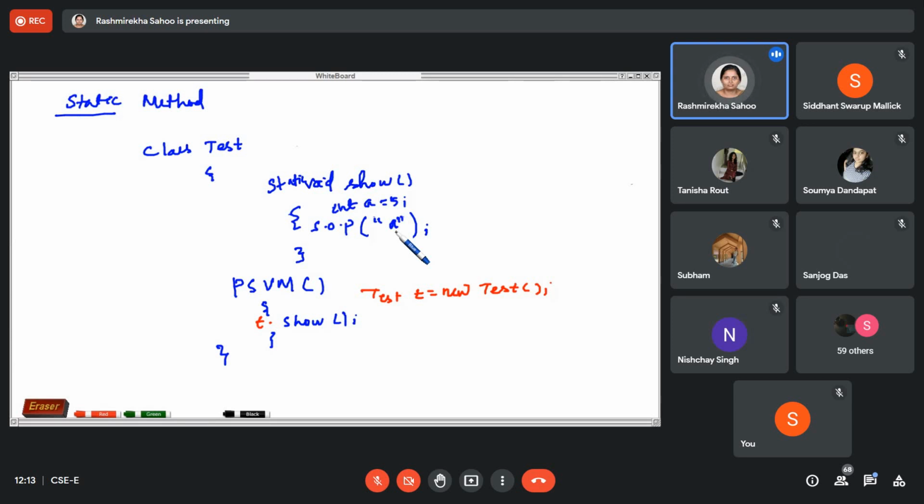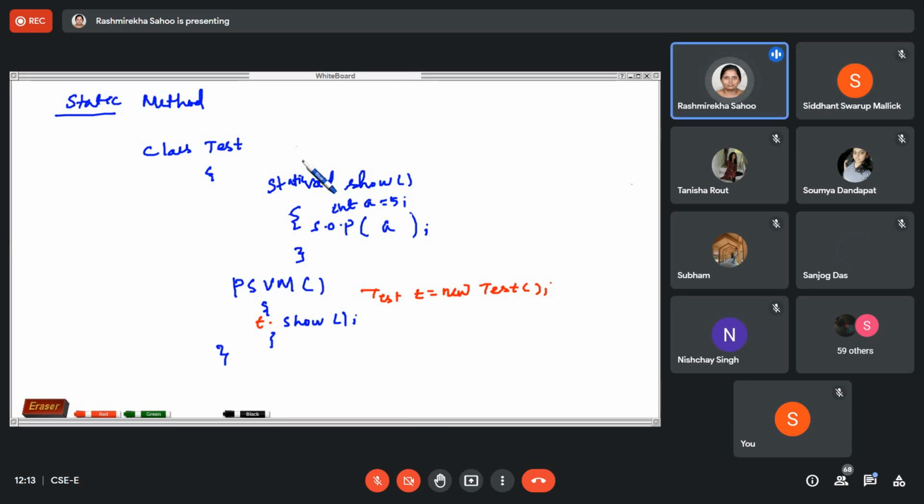Make the show method as static. Simply a. Yes, ma'am, it is printing 5.